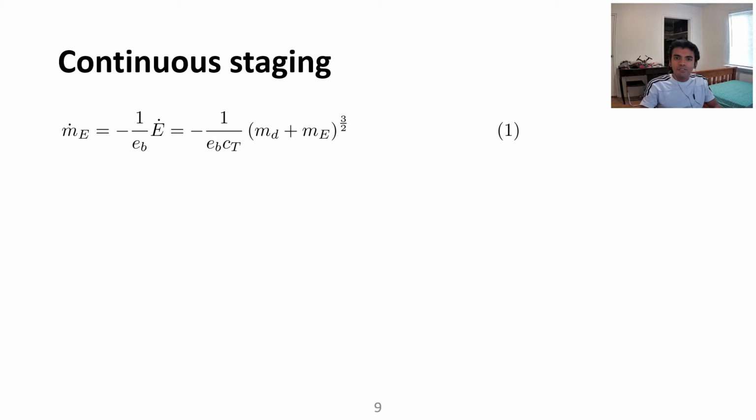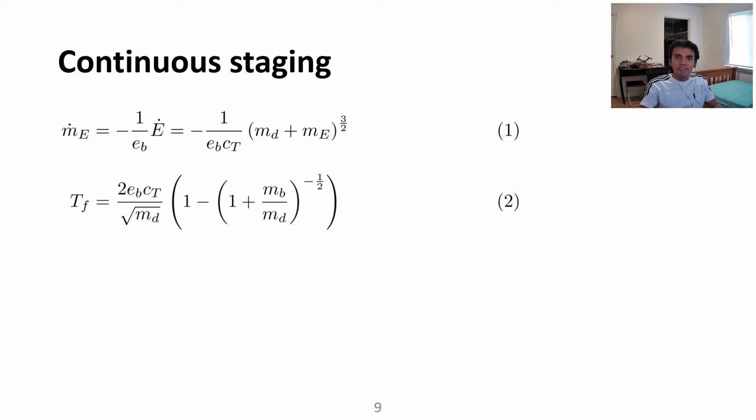Essentially, the energy source is continuously consumed and ejected. An example of this would be a combustion engine which exhausts its fuel continuously on consumption. The governing equation is now a differential equation, where the rate of change of mass equals the power consumption divided by the specific energy as shown in equation 1. This can be integrated with the limits me equals the total energy mass mb at time t equals 0 and at time equals the flight time me equals 0. That is, all the energy has been consumed. This gives us the flight time formula shown in equation 2.